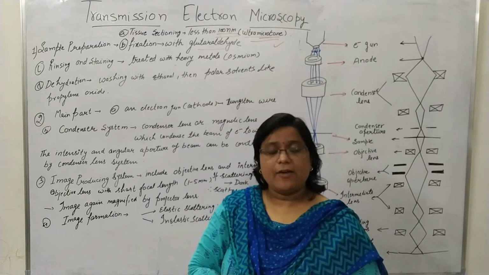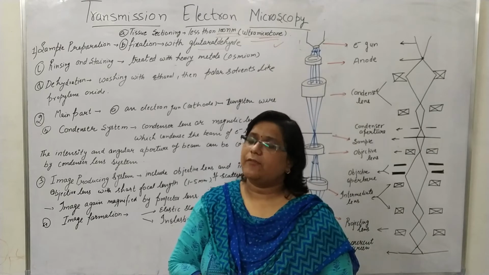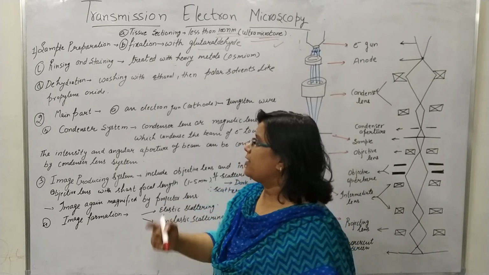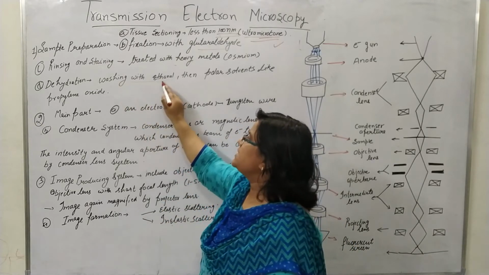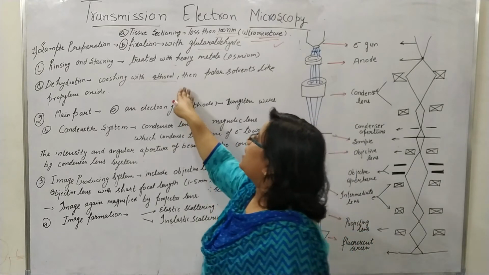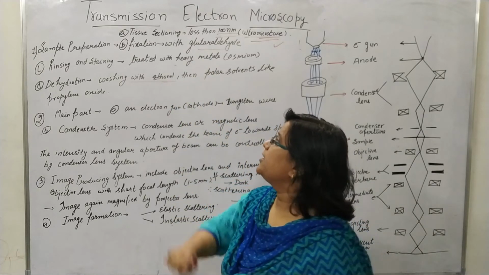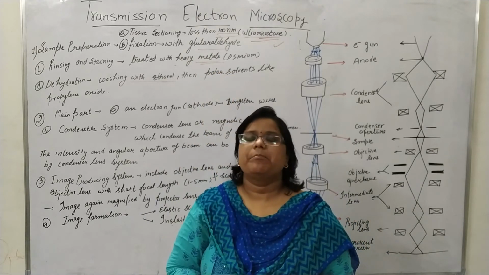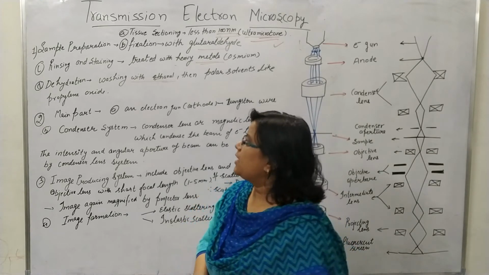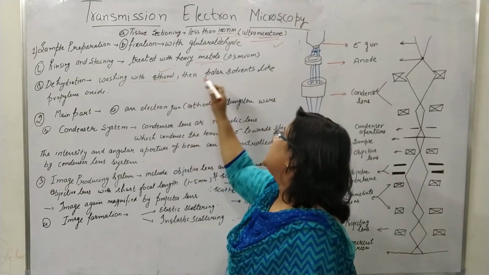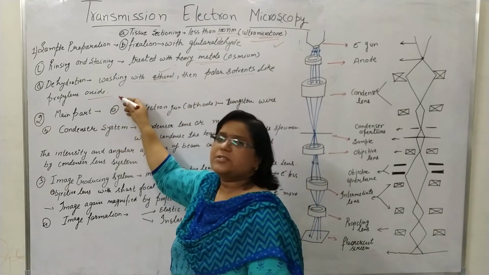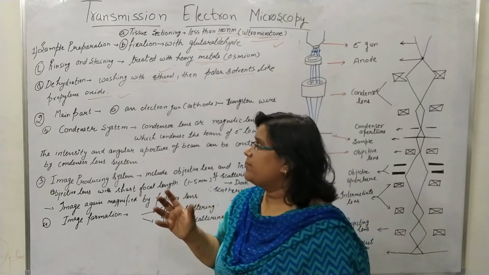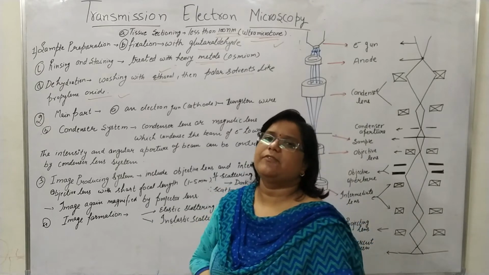After the sectioning, we have to fix the sample with the help of glutaraldehyde. In the glutaraldehyde we keep the sample for around 1 to 2 days, and after that we will dehydrate it. After treatment with the glutaraldehyde we will treat it with heavy metals like osmium and gold. These heavy metals can bind with the proteins of the sample. Now we will dehydrate with the help of ethanol, and after this we will treat it with polar solvents like propylene oxide. Here we can see the TEM has some differences from the SEM.